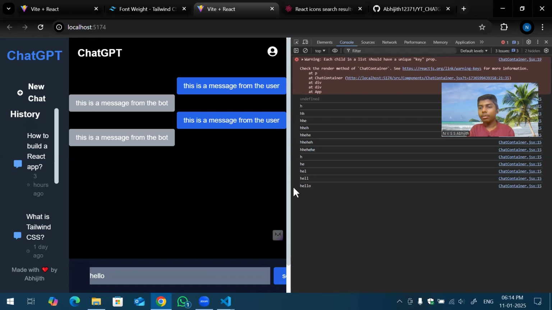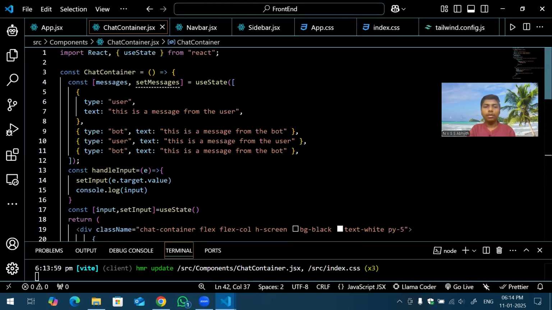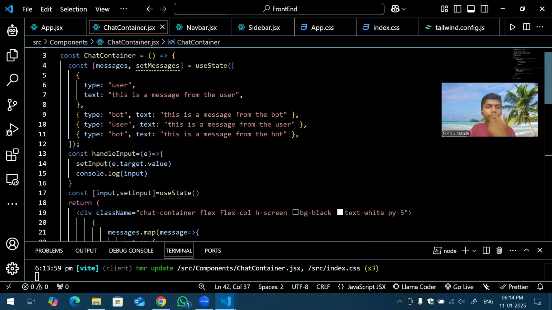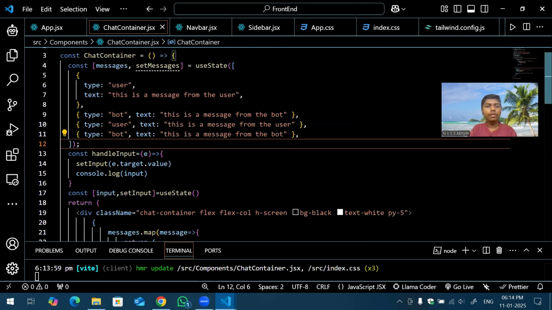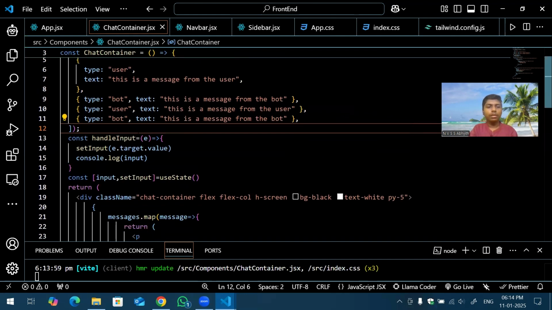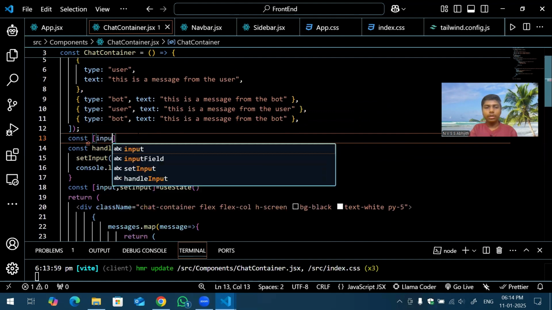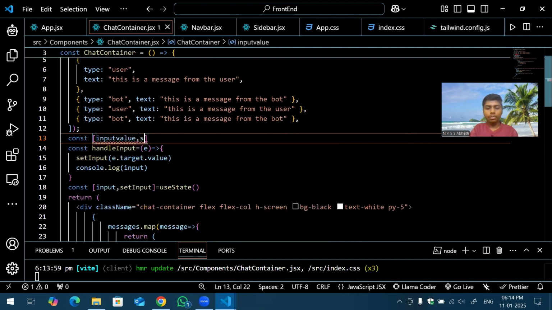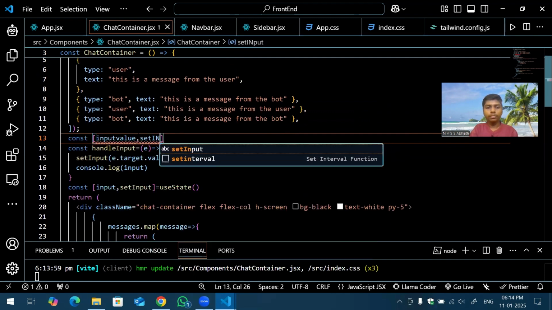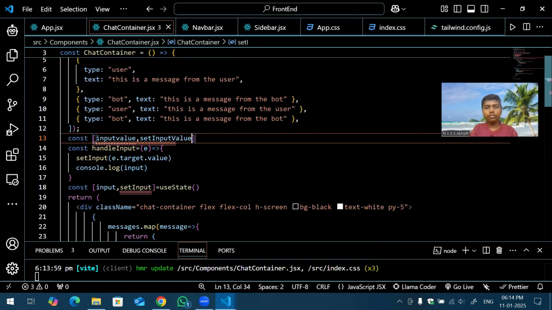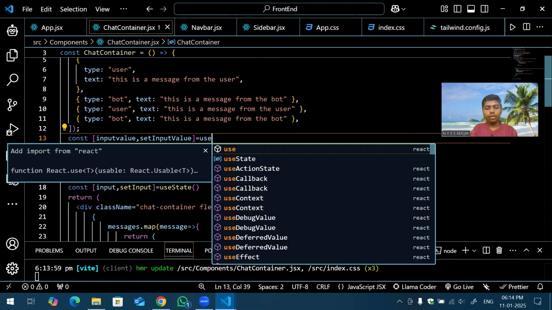For that, here we are going to write const input value comma set input value. Here again we are going to initialize it with an empty one,